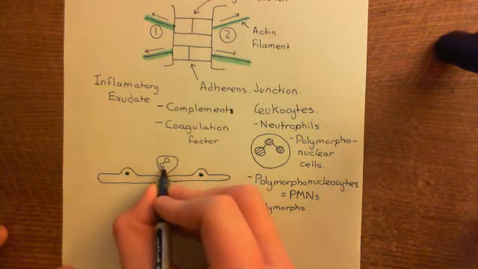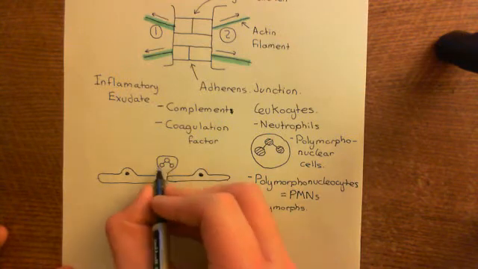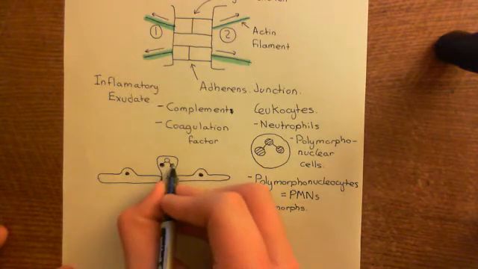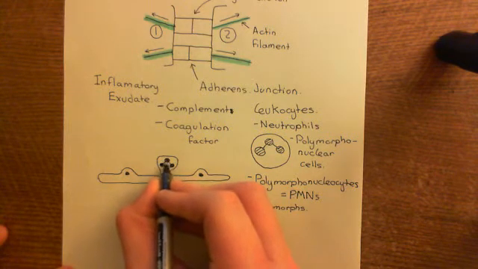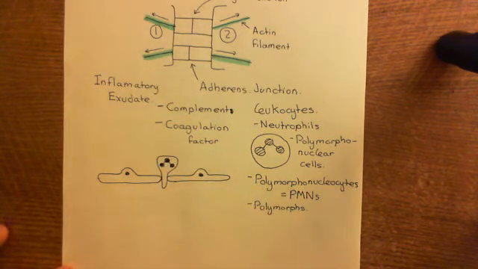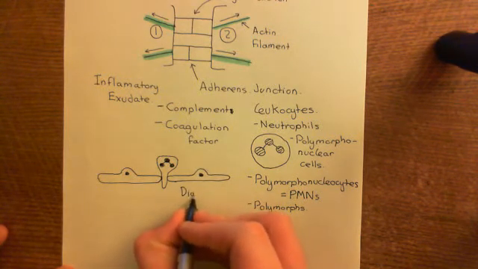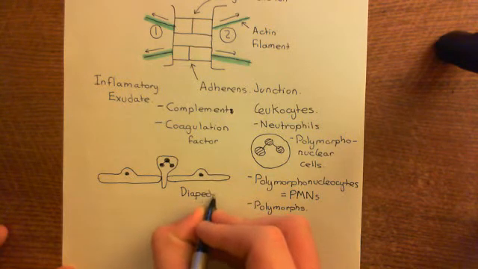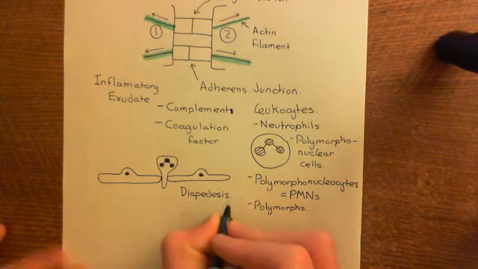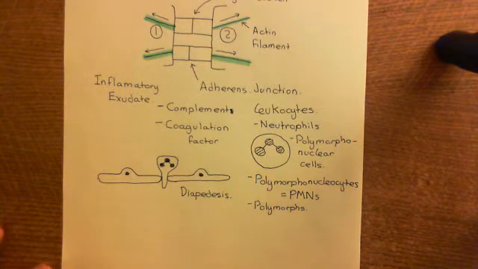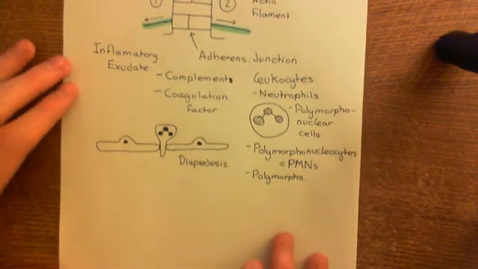Okay, so here's the nucleus of the polymorphonucleocyte, or the neutrophil. This process of the neutrophil slithering through the gap between the endothelial cells is known as diapedesis. This allows the neutrophil to leave the bloodstream and go into the interstitial fluid. And once it's there, it will phagocytose pathogens. So it will engulf them into a phagosome and then fuse lysosomes with the phagosome in order to break down